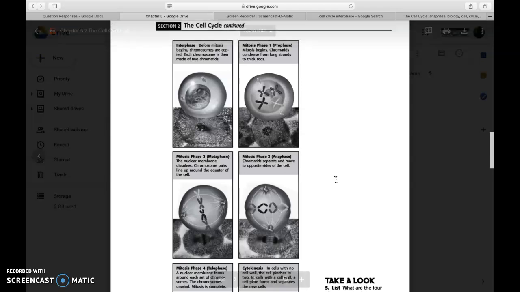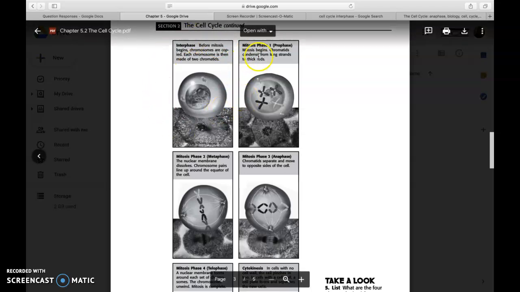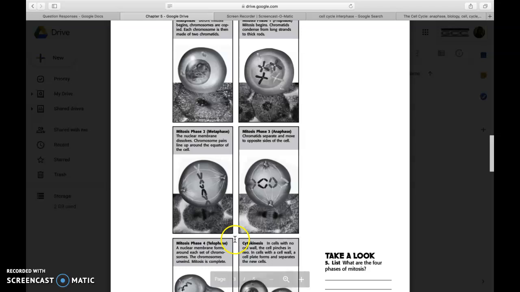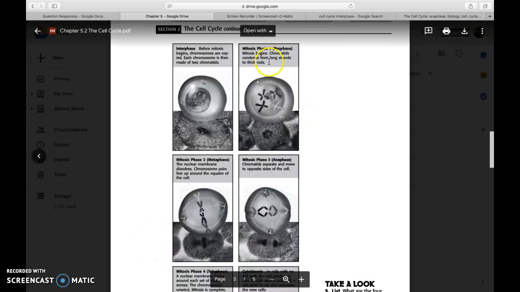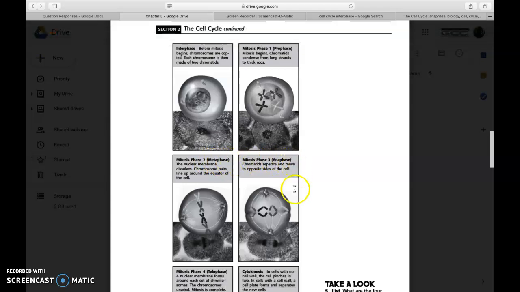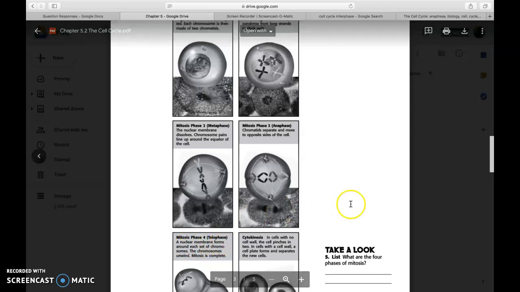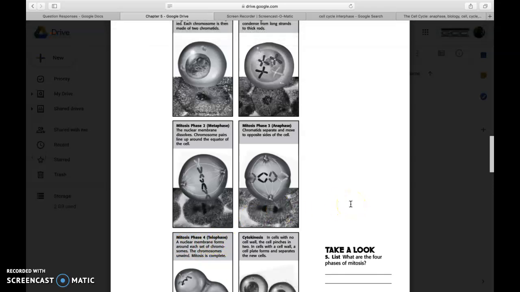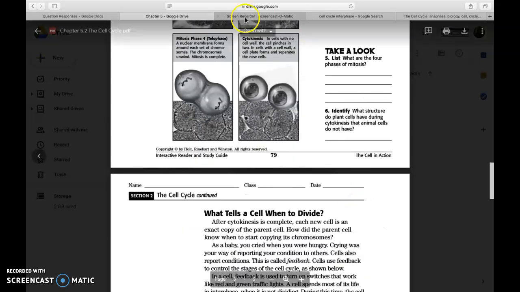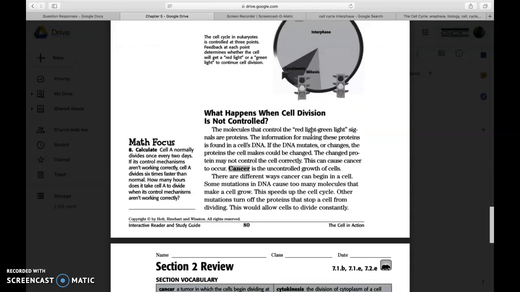Stage 2 has 4 phases. So, right, here's stage 1, here's stage 2, except it's broken up into 4 phases. There's phase 1, prophase, phase 2, metaphase, phase 3, anaphase, and phase 4, telophase. So you want to create a chart or a diagram that lists or that shows the stages of the cell cycle, including the phases of mitosis. So you're going to reference this, and